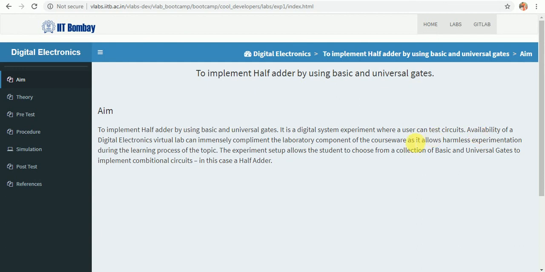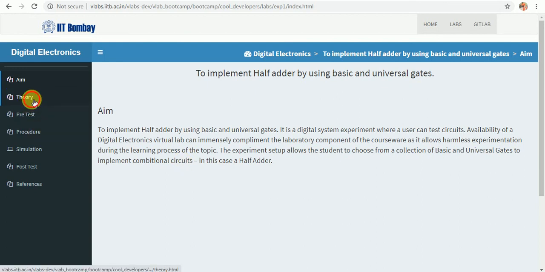Availability of a digital electronic virtual lab can immensely complement the laboratory component of the courseware, as it follows harmless experimentation during the learning process of the topic. The experiment setup allows the student to choose from a collection of basic and universal gates to implement combinational circuits.